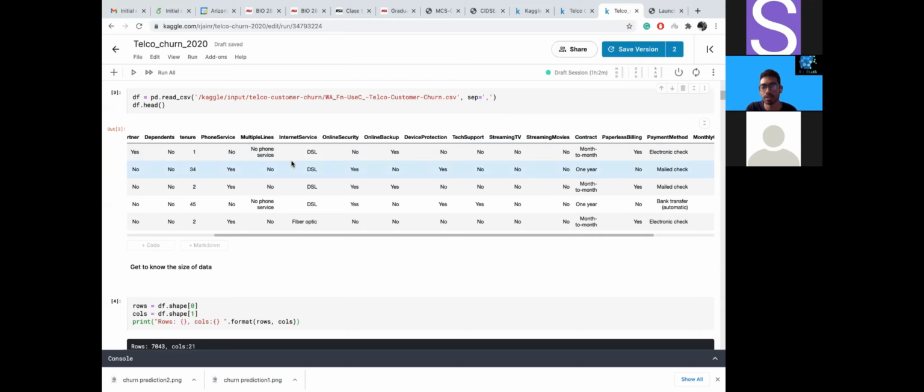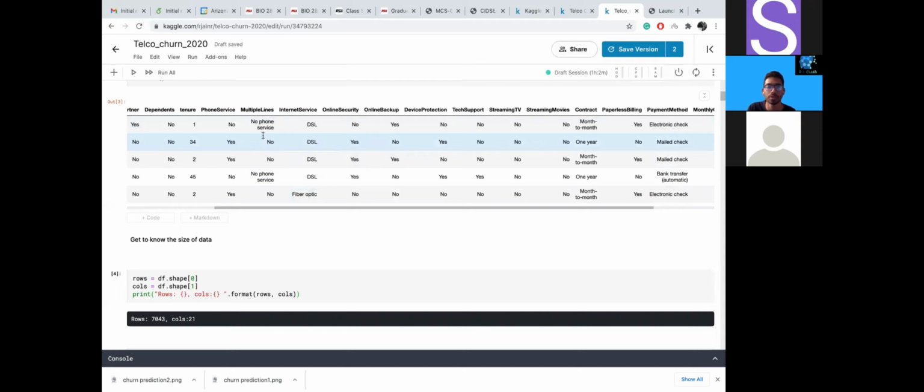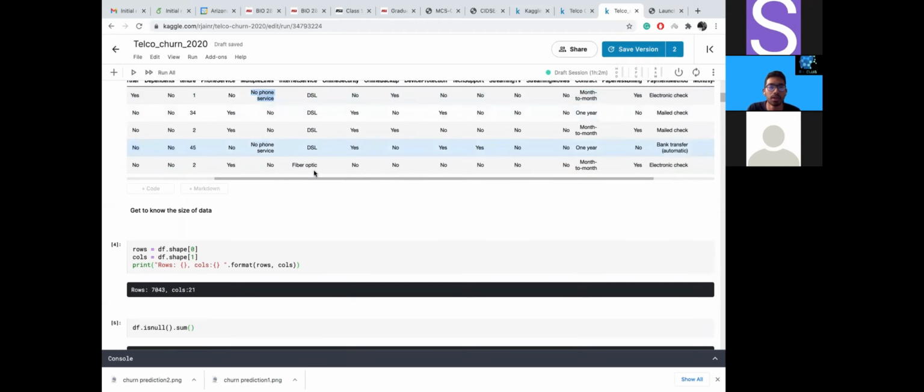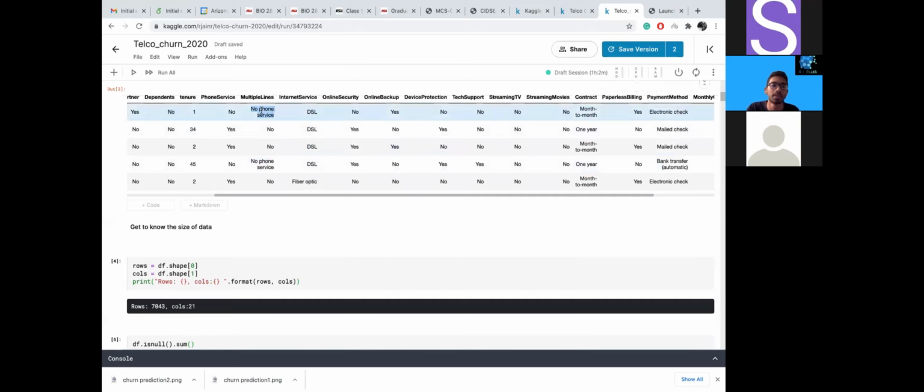But if you just look clearly, no phone service and no actually mean the same. So you actually don't need three unique values. You can replace no phone service with just no. So similarly, we would replace these kinds of values with a no or yes, depending on